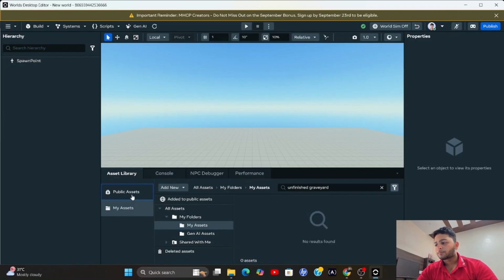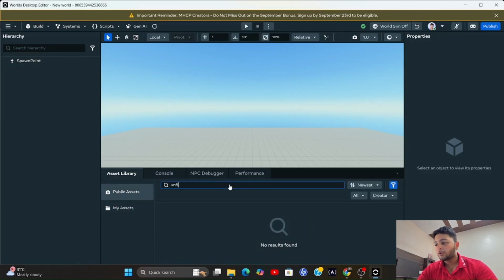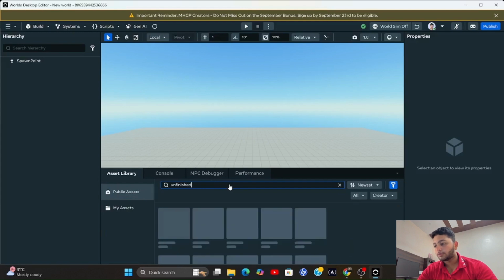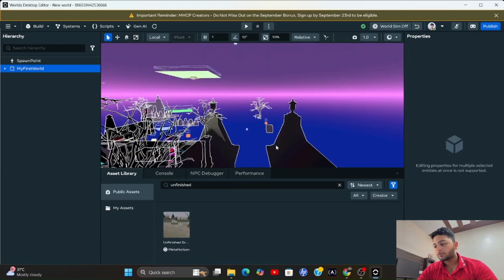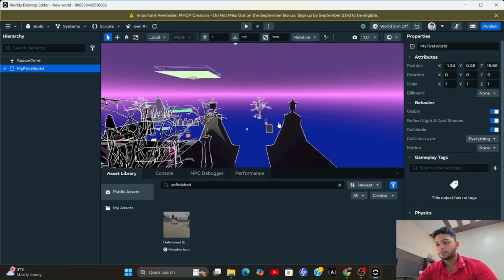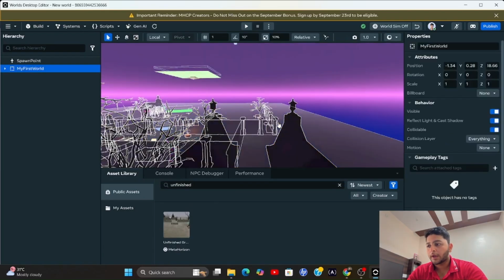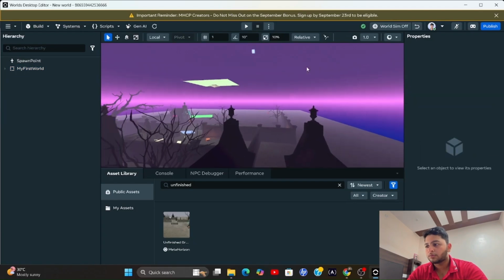And now we will add the graveyard. Simply you have to go to public assets and search for unfinished, and it's a public asset accessible by everyone, so drag and drop the graveyard here. You will be able to see the lighting and all the things created in one drag only. You can see the trees, it will be loading, don't worry, it will take some time because we are loading